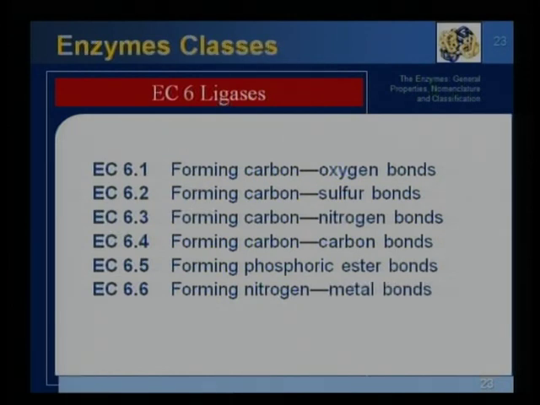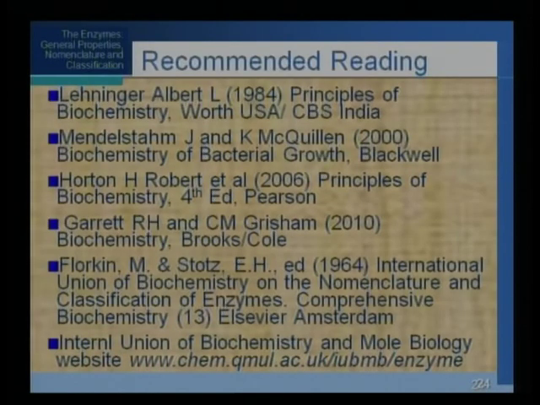If the enzyme commission number is 6.1, then they will form bonds between carbon and oxygen. If it is 6.2, they will give carbon-sulfur bonding. If it is 6.3, they will form carbon-nitrogen bonding. If it is 6.5, they will give phosphorus ester bonding. And if it is 6.6, then they will form nitrogen-metal type of bonds. So these are some various examples of the exact names,